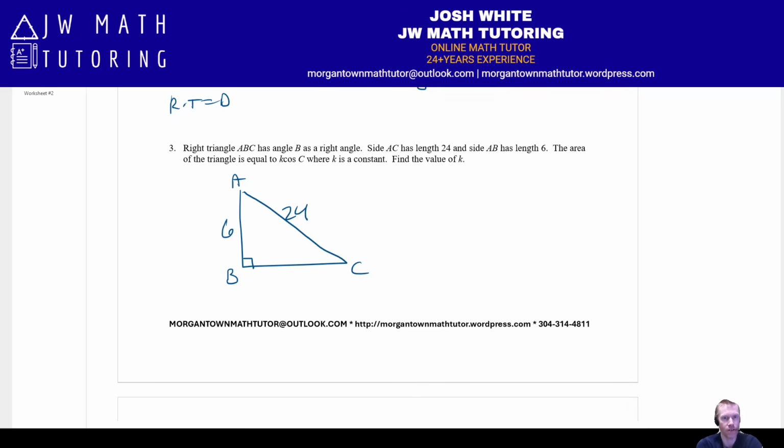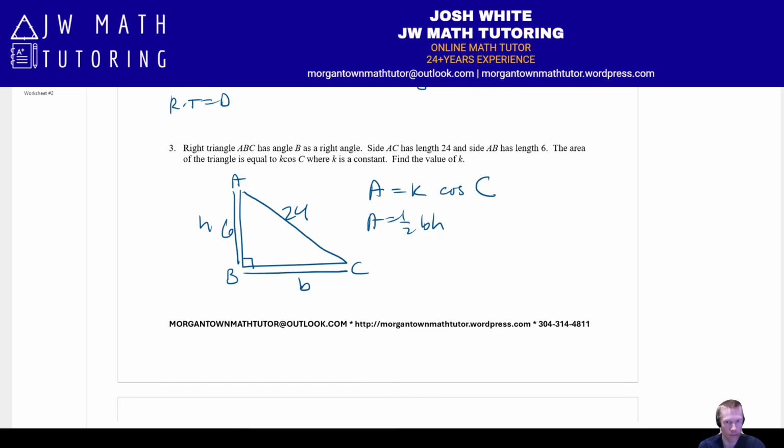And you're told the area is equal to K cosine C. Okay, so area is equal to K and the cosine of angle C. Find the value of K. All right, so there's technically two different ways you could do this. The quickest or fastest way is to notice that the area of a triangle is also equal to 1/2 base times height. And since this is a right triangle, we have BC as our base